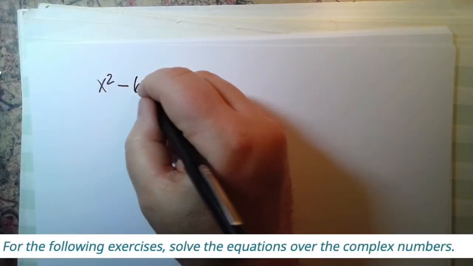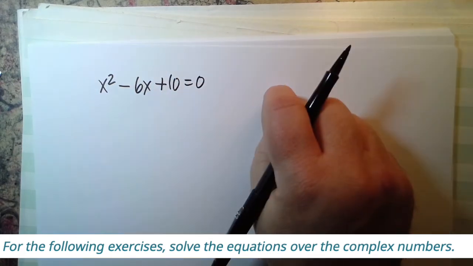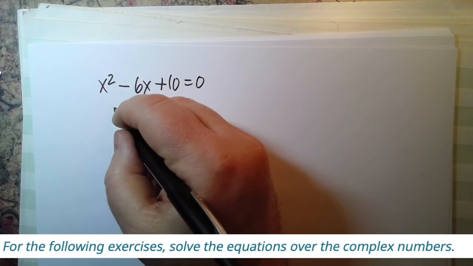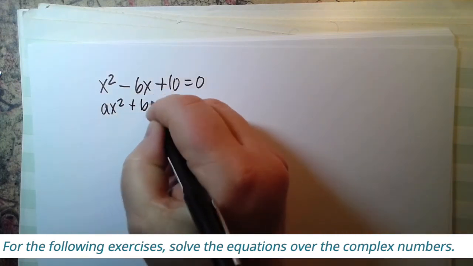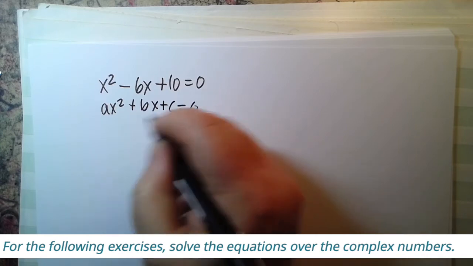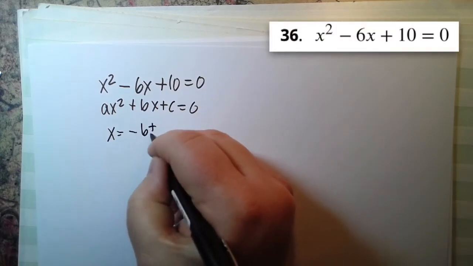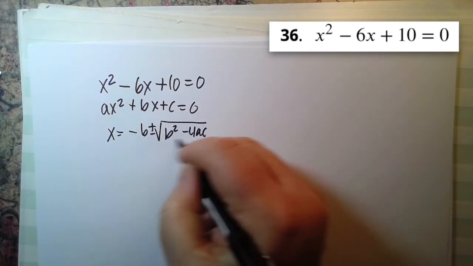So x squared minus 6x plus 10 equals 0. Now, if we're assuming that it'll probably be complex, then we don't even need to try to factor it. We can just jump straight into the quadratic formula. So remember, the quadratic formula is x is equal to minus b plus or minus the square root of b squared minus 4ac all over